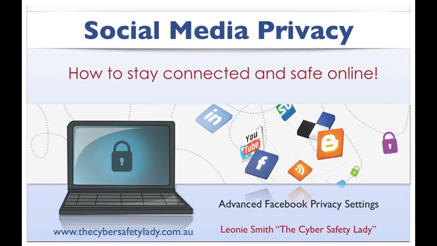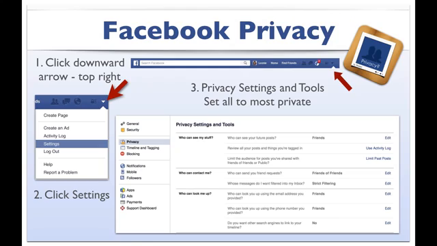The first thing you need to do is to go to your home page and go to the top right-hand corner of that page and click the downward arrow there next to the padlock icon. Then scroll down to the settings menu item and click that. That will bring up your settings page, and I want you to go over to the left-hand side and click